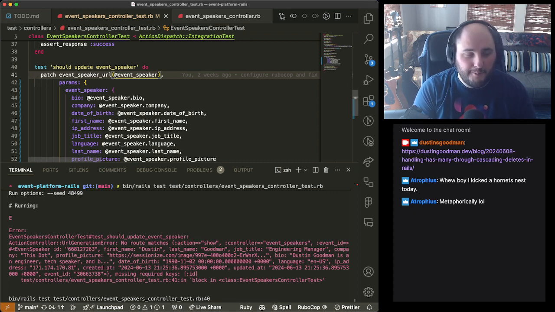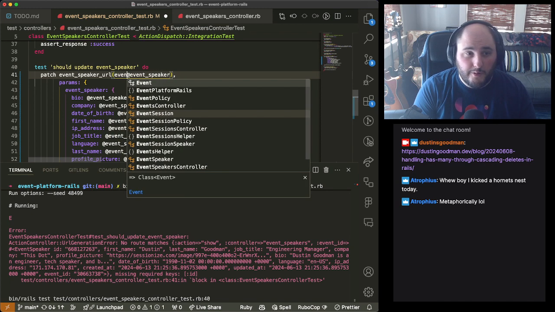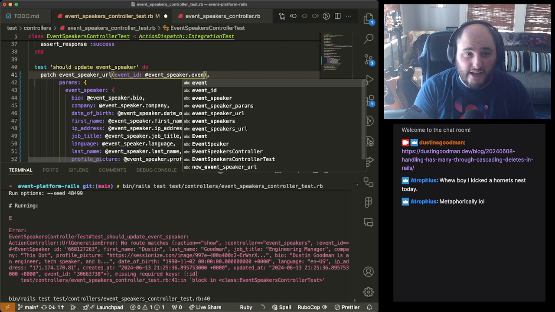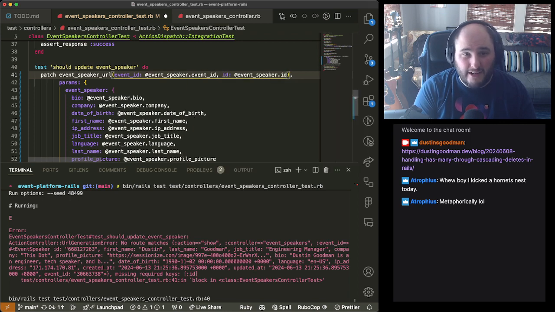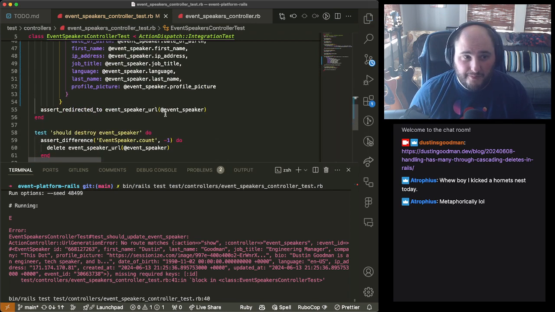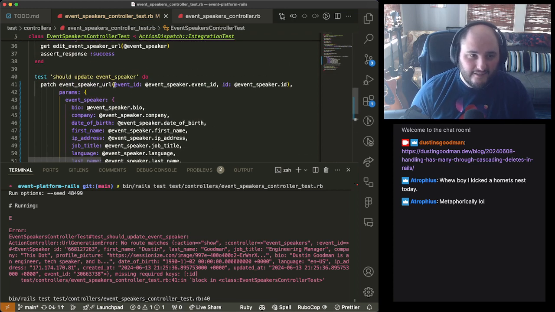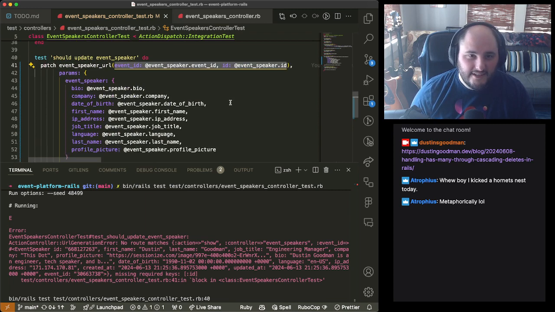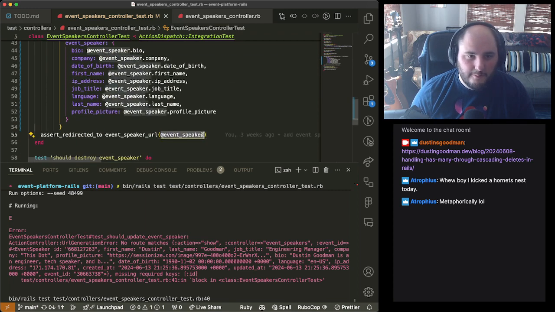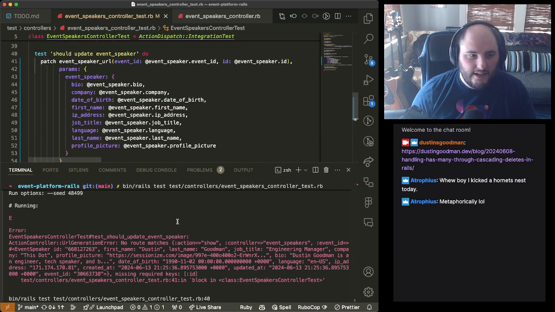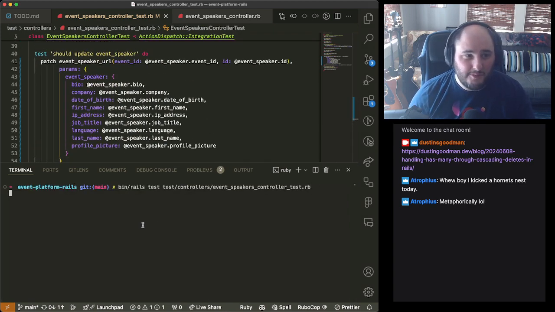And while you're doing that, I'm going to fix this test by actually making the URL correct. So remember, it needs an event ID, which we have off the event. And we need the regular ID, which is off the event ID as well. And then we're expecting this to redirect to the actual speaker URL. So again, we can just copy, paste, and that test should be green now.